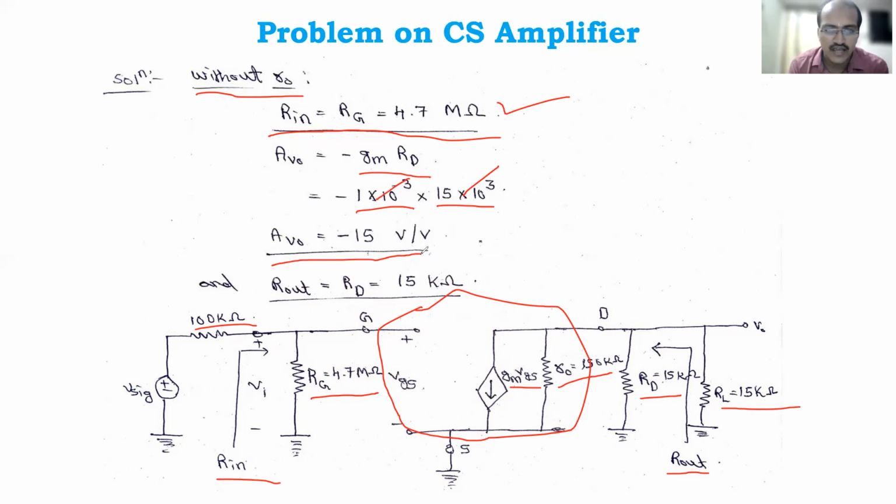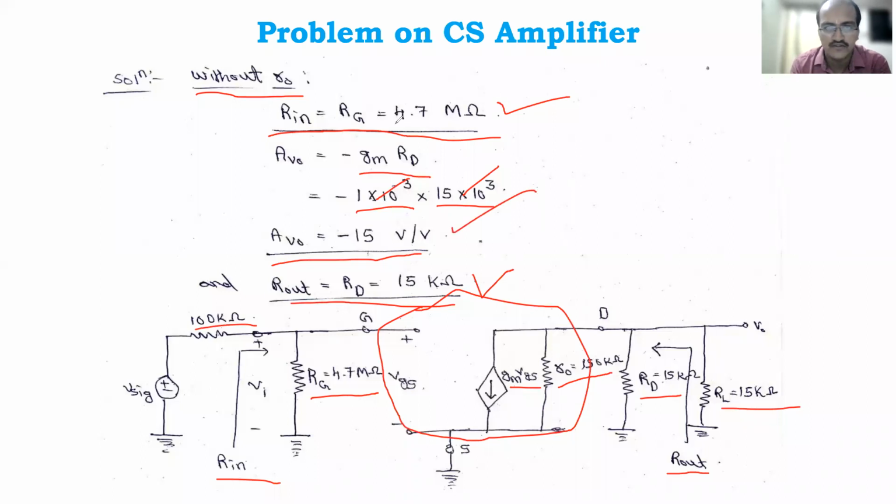And then the Rout value. Rout would be RD parallel to R0, but this is the case without R0, so straight away it is equal to RD, 15 kilo ohm. If you consider R0, the values will change, which we will show you. Without R0, if you remove R0, only RD is the resistor connecting to Rout. That is why Rout equals RD, 15 kilo ohm. No need of a calculator here. I hope you understood this model as well as the calculation without R0.